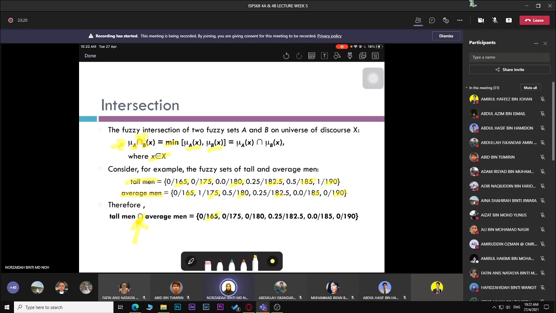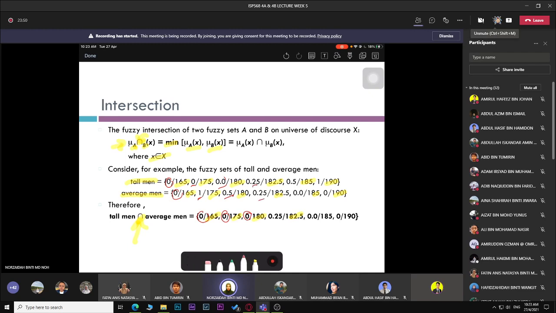For 165, the degrees of membership are 0 and 0, so the minimum is 0. For 175, the degrees of membership are 0 and 1, minimum 0 and 1, we take 0. For 180, the degrees are 0 and 0.5, minimum 0. Then 182.5,